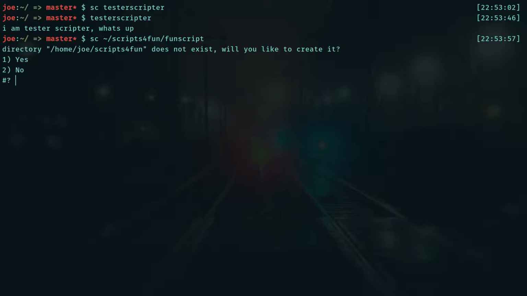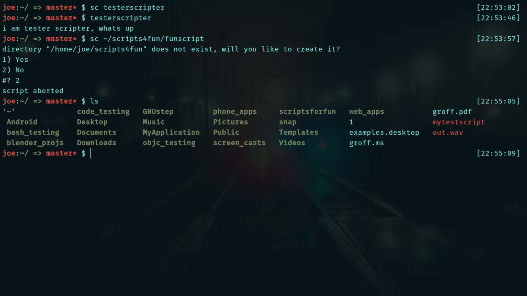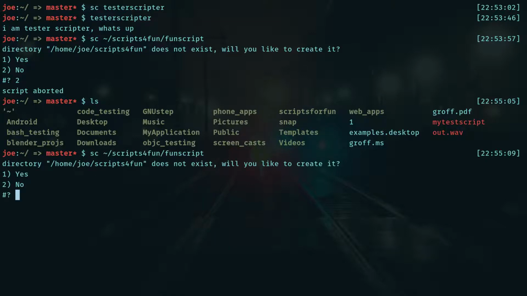Okay. So what's happening here? I don't have that folder. It's telling me it does not exist, and then it's asking me if I want to create it. So what I'm going to do is say no for now. And if I look here, because I am in that directory, there is no scripts for fun folder just yet. But if I do it again, and this time say yes,